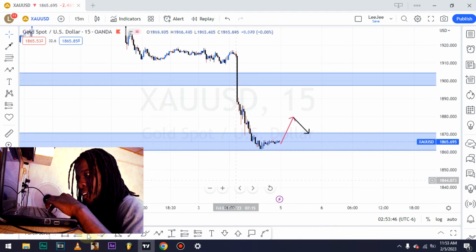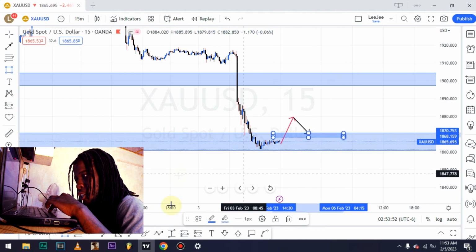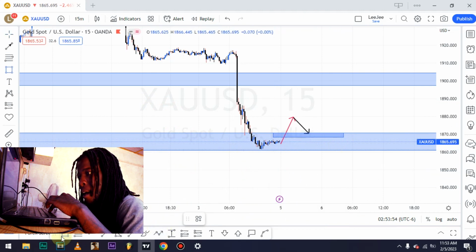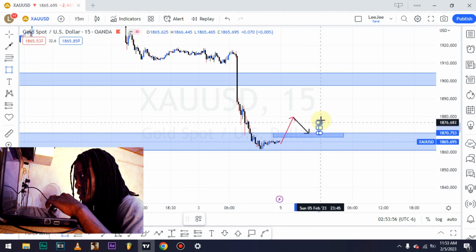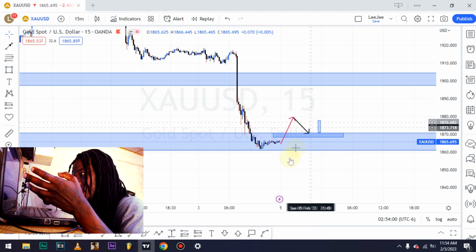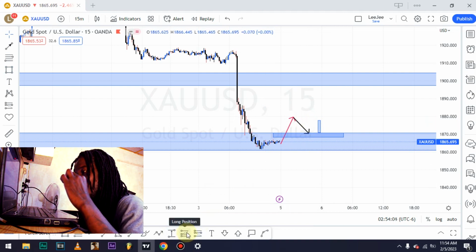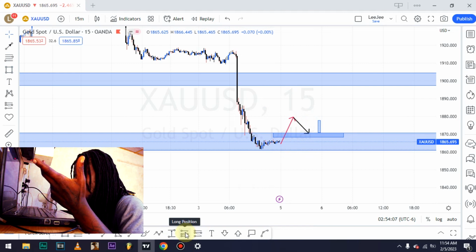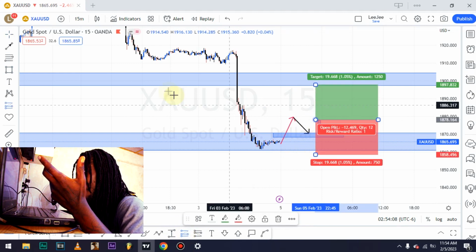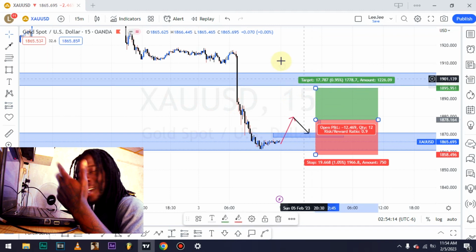I need that support to be formed and not broken, and some rejections too. After that, I need an engulfing candlestick to engulf the candlestick on the left, guys. It needs to be a very strong bullish candlestick. We call it the Marubozu candlestick. From then we will take our buy position, then target the previous high or the previous resistance, about 177